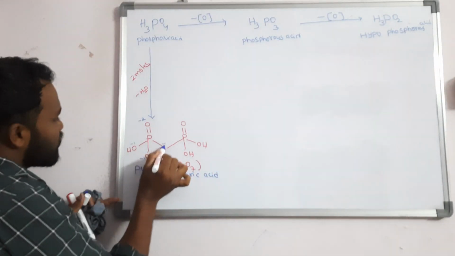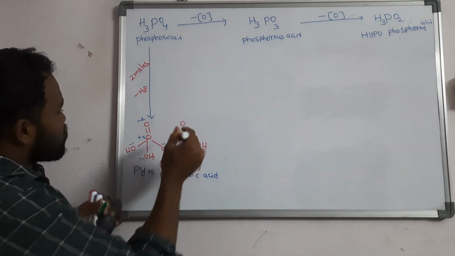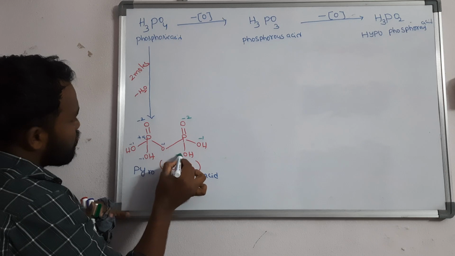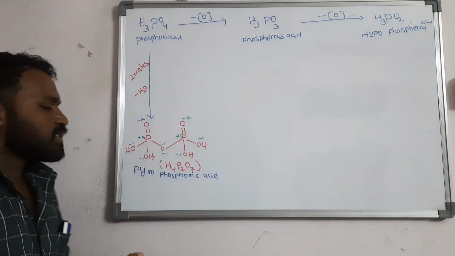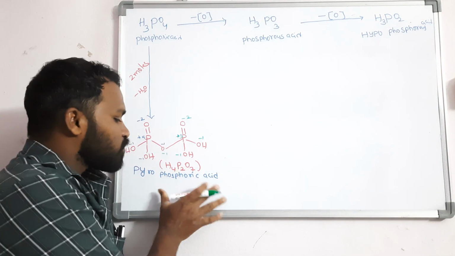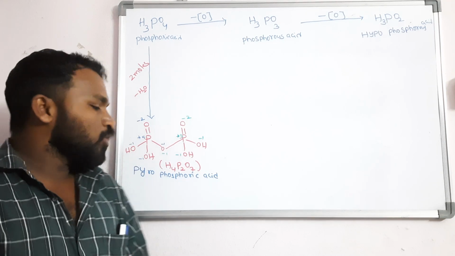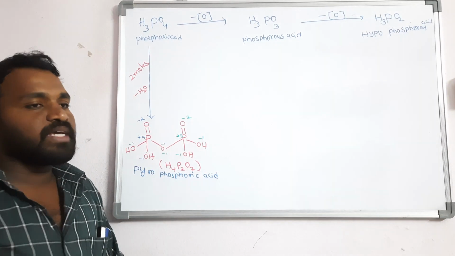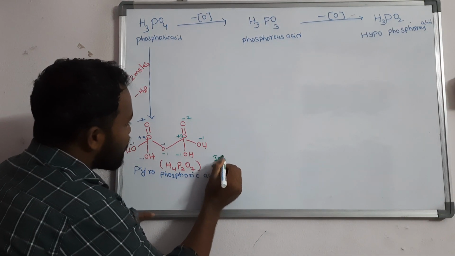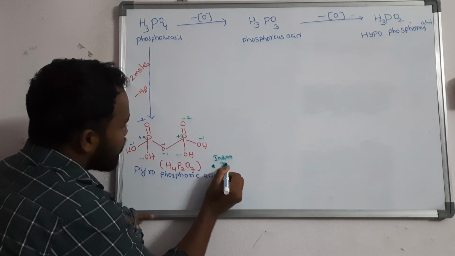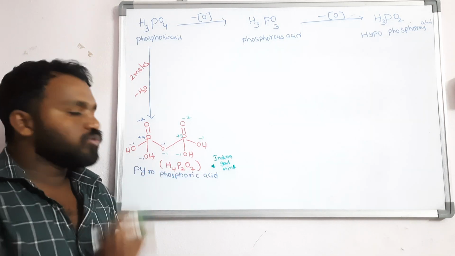The oxidation state we already calculated: -2, -1, -1. From each sharing it is -1, so the total is +5 you will get. So next, here also if you calculate -2, -1, -1, -1, you will get +5 as the oxidation state. Sometimes the question is: which of the following is pyrophosphoric acid? H4P2O7. Otherwise the question may be: H4P2O7 is which of the following acids? Pyrophosphoric acid. This was recently asked in the Indian government mint exam, January 2022.